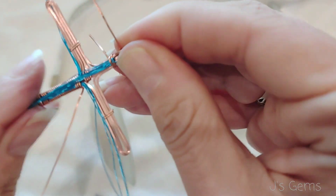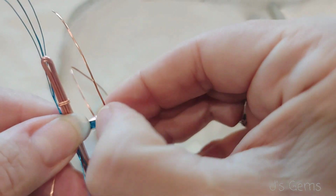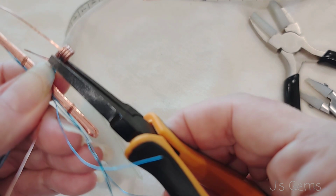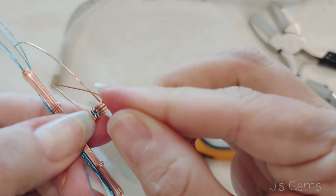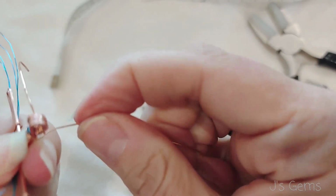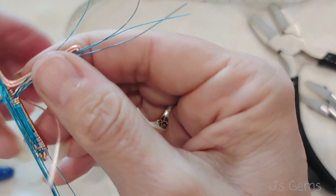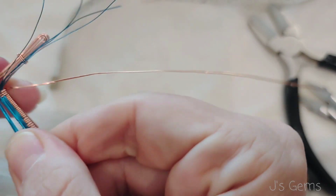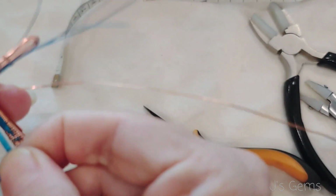Like that. Center them up the best you can, lay them flat. Give it a little smush. And pull them tight again and slide it back up. Keep them up there as high as you can get them. We don't have as much room to work with up here, so I think we'll just do one wrap per,